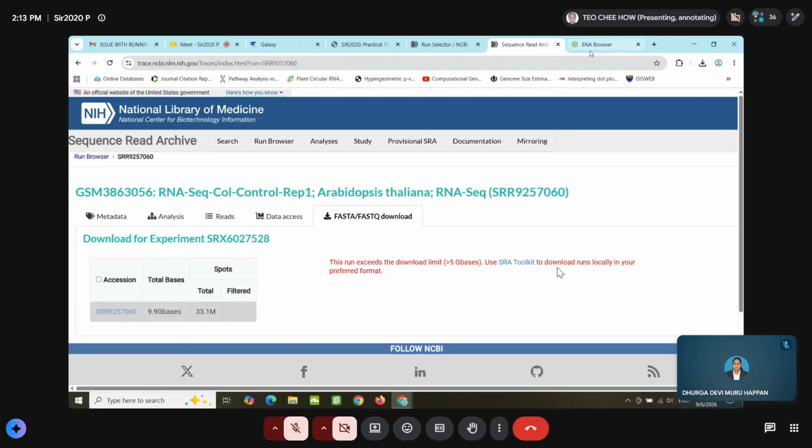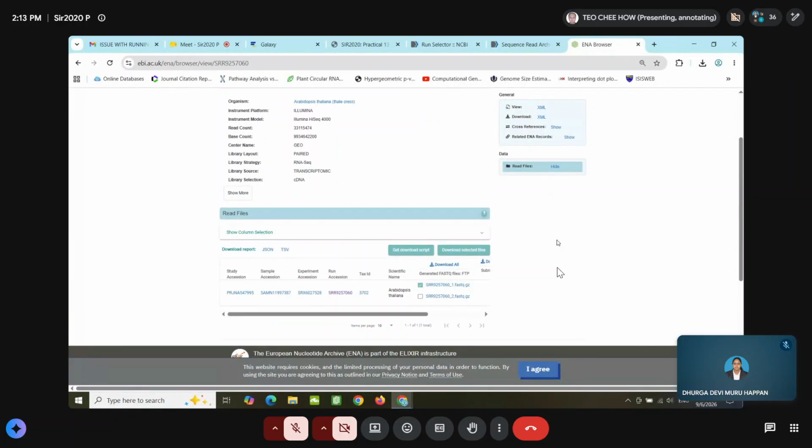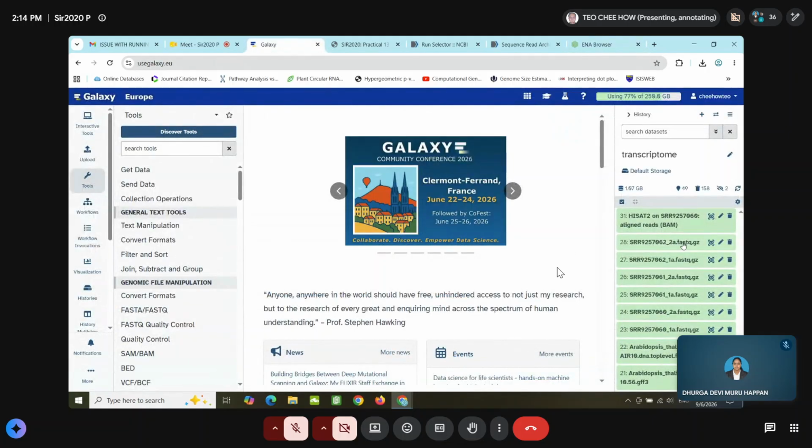But in the European database, because they share the database between the Japanese, European, and China databases, you can directly download the FASTQ file, so you don't need to convert. So I would prefer that next time you download from here, EBI, and then upload into here.